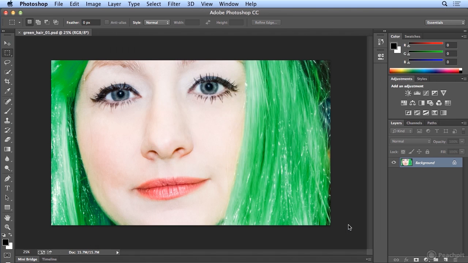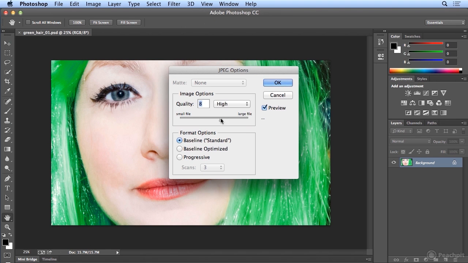So when I choose JPEG and hit Save, Photoshop has a way to compress more data, trashing a lot of pixels. Quality of maximum is trashing fewer pixels. So a 5 meg file is still too big. I'll come down. 7 is under a meg. So I usually shoot between 6 and 8 when I'm doing a JPEG, with my goal being to get under 1 megabyte. That way it still looks great for the person receiving it, but it's not too big. So with a quality of 8, I'm going to hit OK.